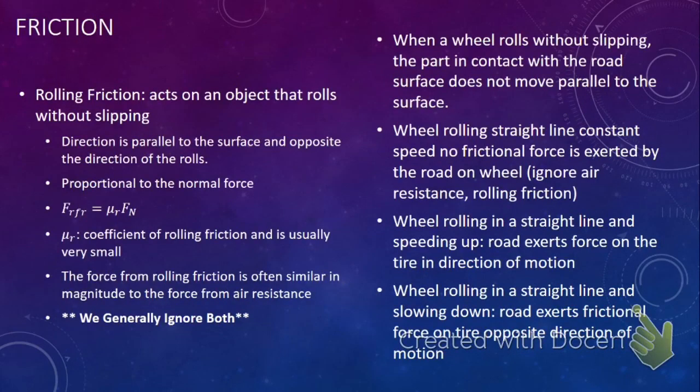All right. Static and kinetic are the big frictions that we will deal with. Rolling friction is another one. It is parallel to the surface and opposite to the direction of the roll. So if our wheel is rolling forward, our friction will be moving backwards. Still proportional to our normal force. And we do have another coefficient of friction in this case. It is the coefficient of rolling friction. It is very small. This rolling friction is very small compared to all of the